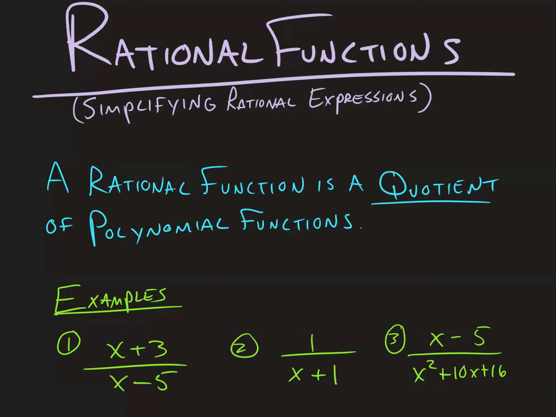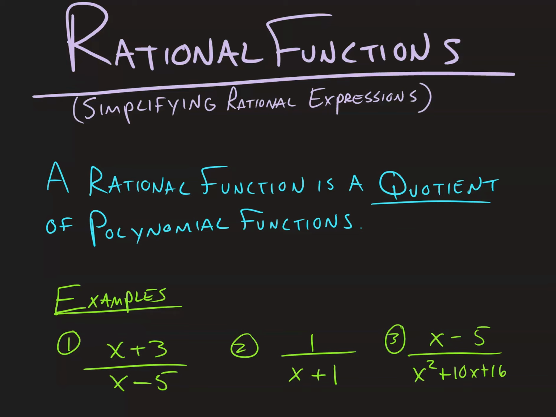Everybody. Today's lesson is going to be about simplifying rational expressions. But before we get into simplifying, we need to talk about rational functions and what they are. So here's a quick definition for you. A rational function is a quotient of polynomial functions, which basically just means it's going to be a fraction of